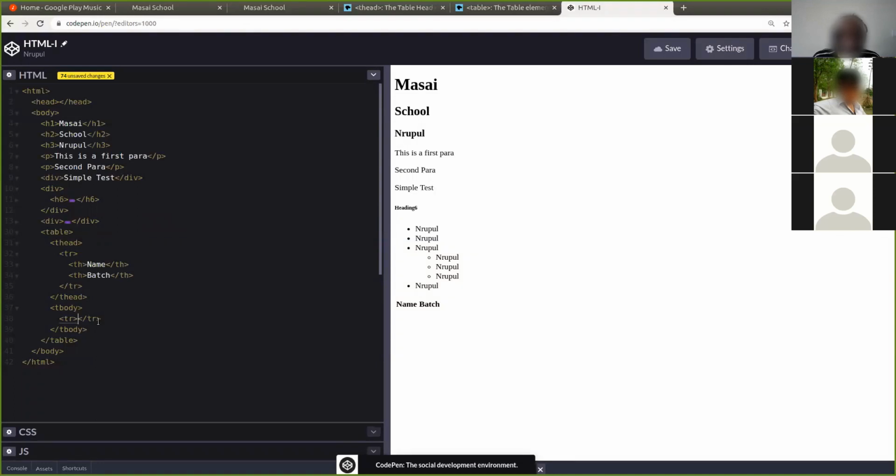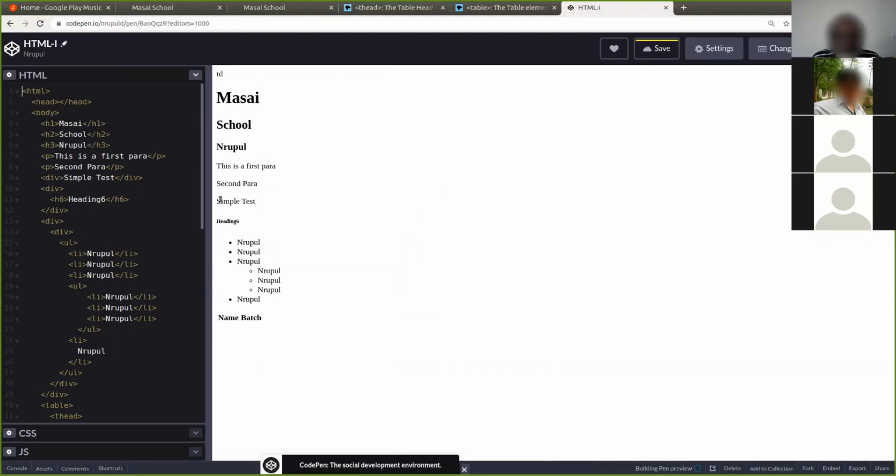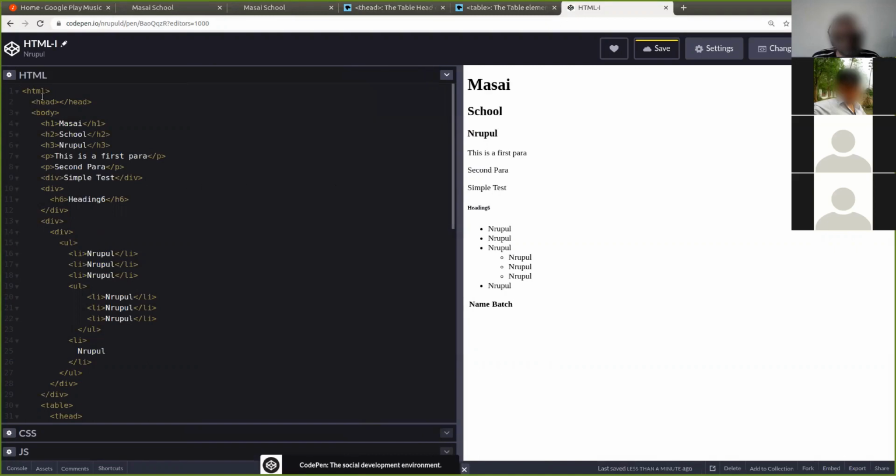And again, this is a row. Now the column is defined by td. So td will define a column. Remember, the column goes inside the row.